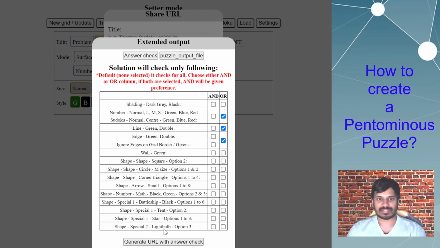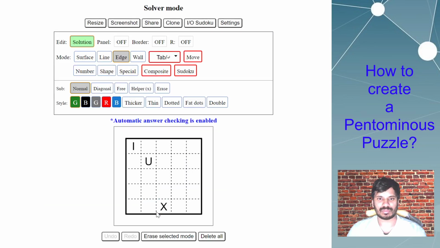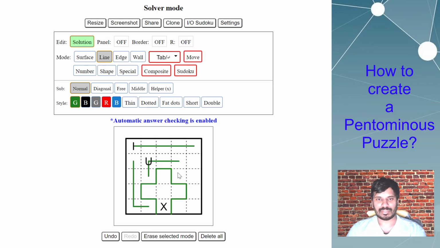So let's test this. Generate URL. Now I'm not going to shorten the URL, as I already showed you, you can do that and then share with others. But I'll just directly open this puzzle in a new link. So let's say I am in the edge mode. I know the X shape, and then let's say I want to switch to line mode to draw this path, and now I know the I is here, so I know the L has to go up, then U,